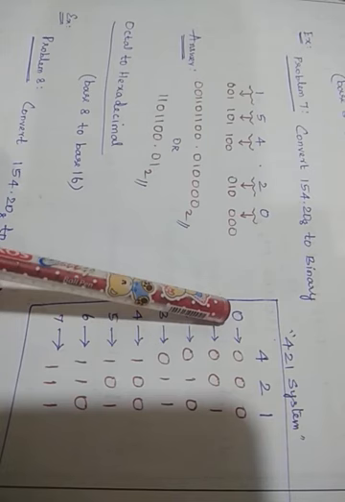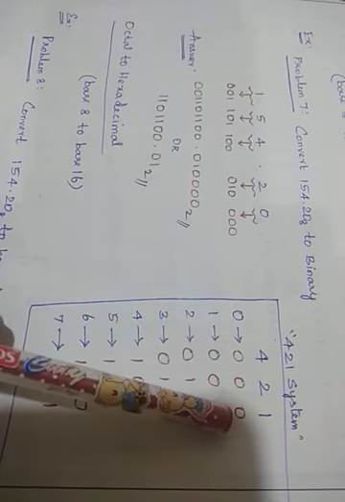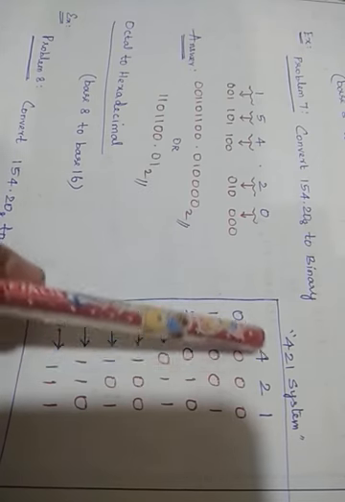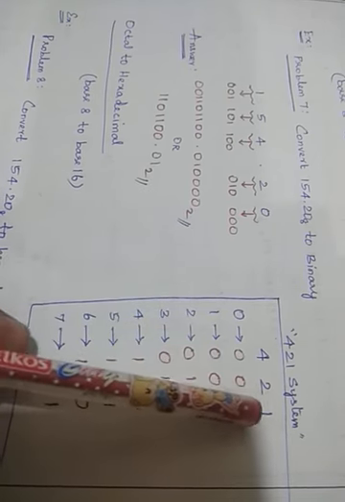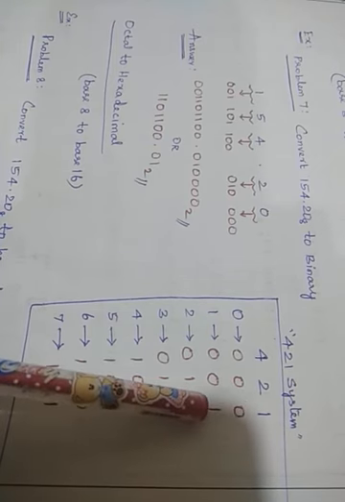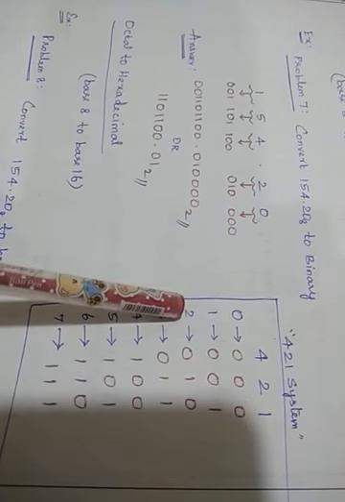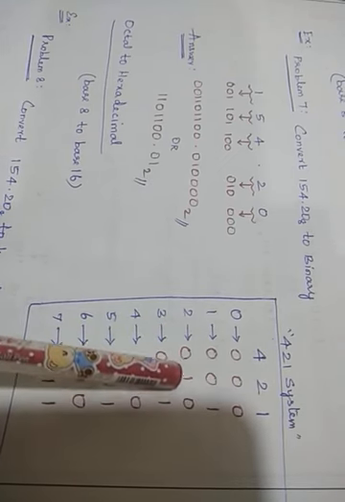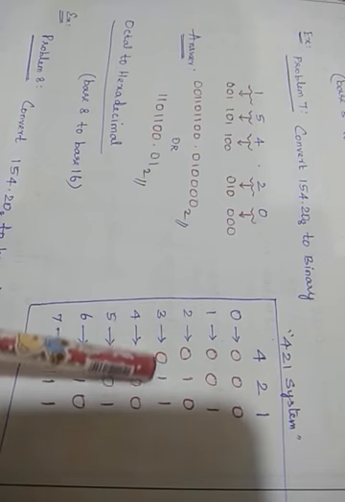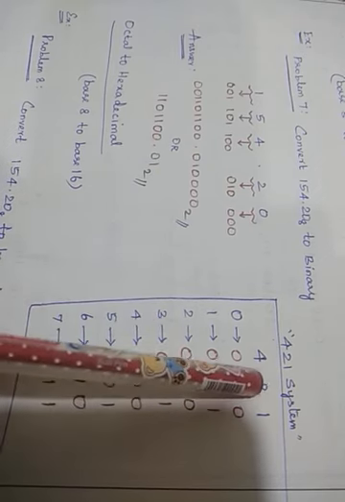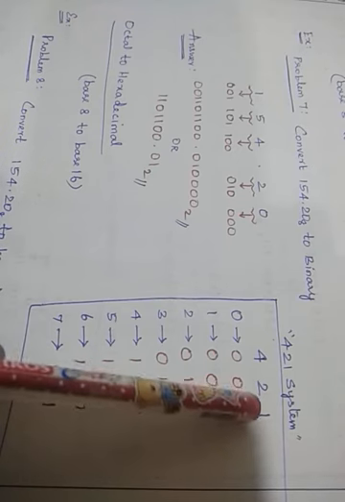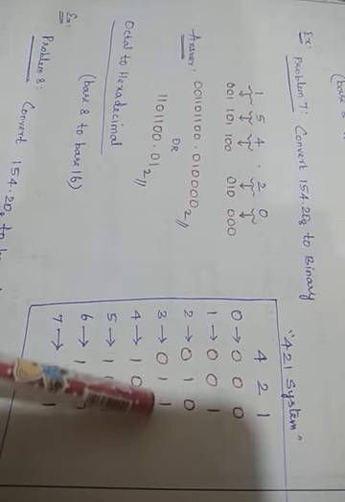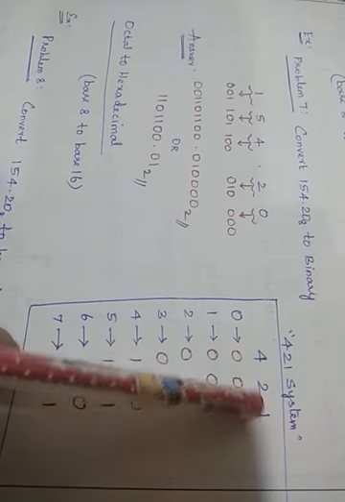For 0, the equivalent binary value is 0, 0, 0. For 1, the equivalent binary value is 0, 0, 1. Because in this 4 2 1, where we have 1, here only I have 1. So put 1 here. And for 2, where I have 2, put 1 here. And for 3, I don't have 3. But if I add 2 and 1, then I will be getting 3. So put 1 here as well as here, which means 2 plus 1 is 3.